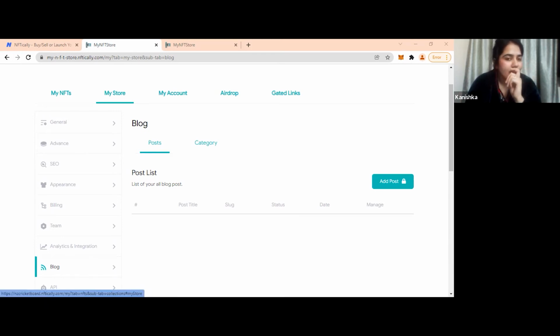And one more feature that I wanted to cover was payout groups. This basically helps you split your revenue, right? Suppose you have multiple stakeholders associated with a particular NFT, and you want whatever sale proceeds you get to be divided equally or in the respective ratio. So what you can do is enter the beneficiary name, the email address, and their wallet address. You can add up to 10 people in a group, and each group is created for a particular NFT. So here you can put the respective ratio.